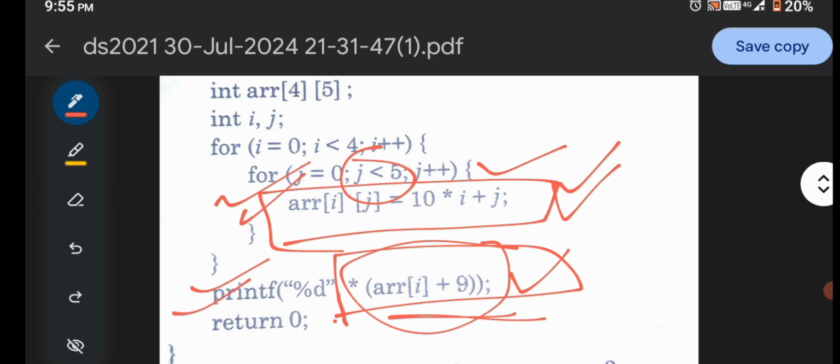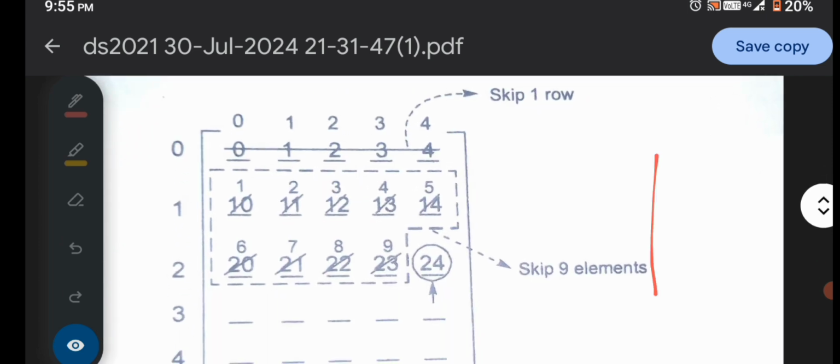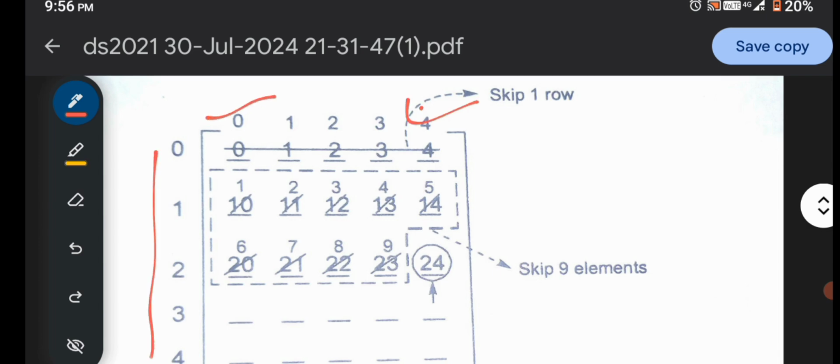Now we come to the solution. The solution is very easy. The logic is just to skip 9 elements, or we say skip row 1. As per the given statement, the j value goes to 5, so it goes from 0 to 4, and similarly here. The j variable goes 0, 1, 2, 3 and 4, and the pointer goes to array i plus 9.